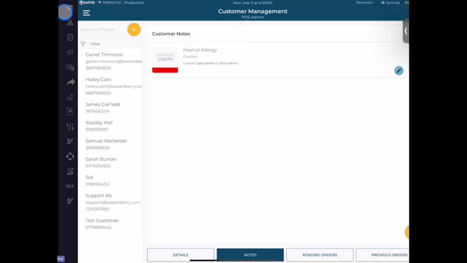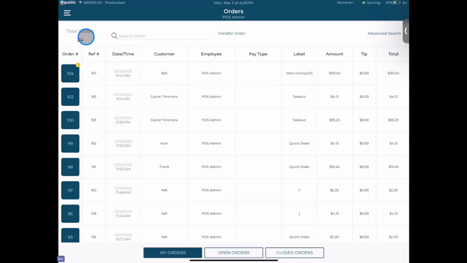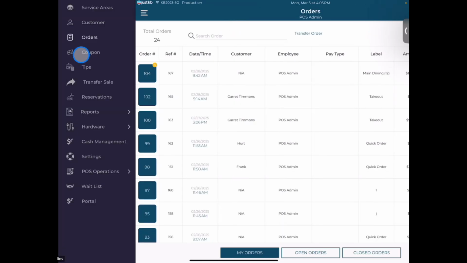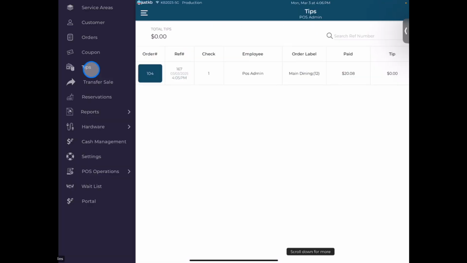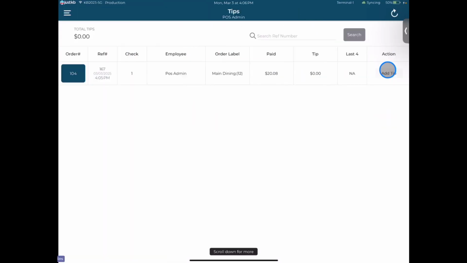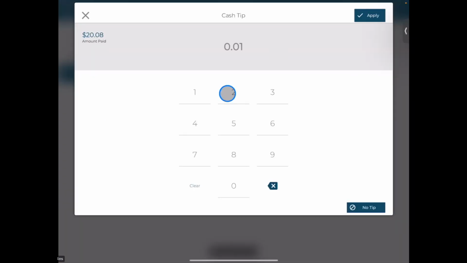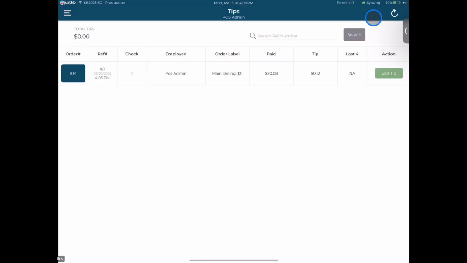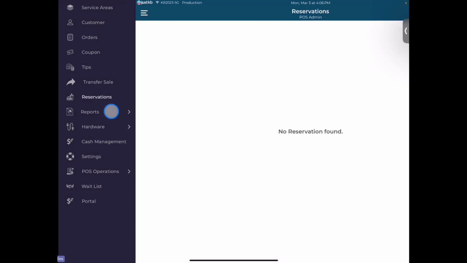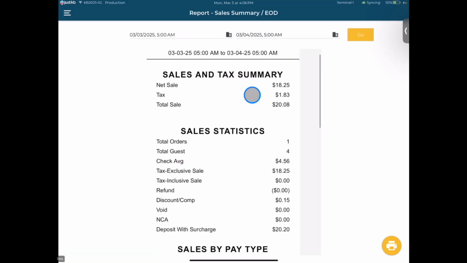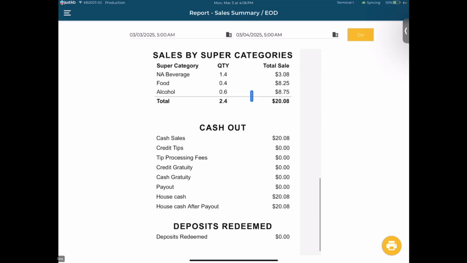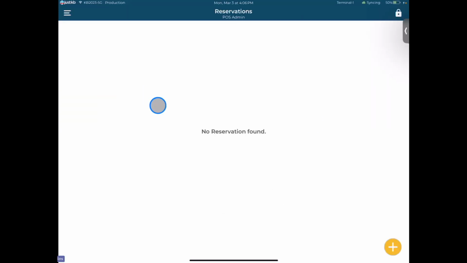Other options in the sidebar menu, if you want to look at all active or closed orders, there's the orders section. You have coupons, they can be printed from here in the coupon section. If you need to tip adjust, you can do that from the tips section. You can just press add tip and input the amount. The reports section. The most commonly used report will likely be the employee's sales summary, which will aid your employees with their tip outs and cash management. Then there's the reservation section,